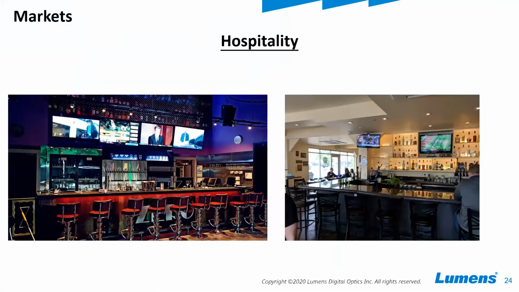Maybe the biggest area for our AV over IP series of products is the hospitality field, specifically sports bars and restaurants. These types of settings have multiple displays, especially sports bars, showing multiple different types of content.